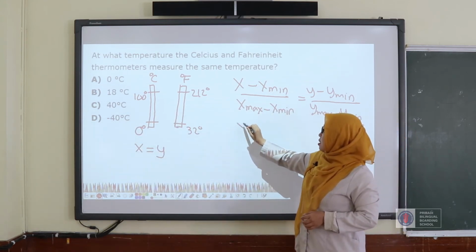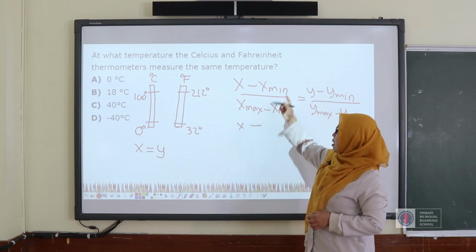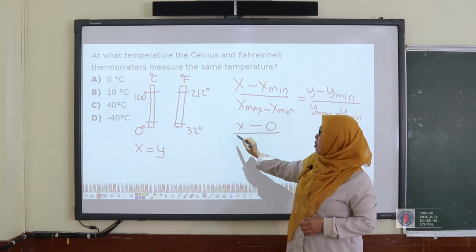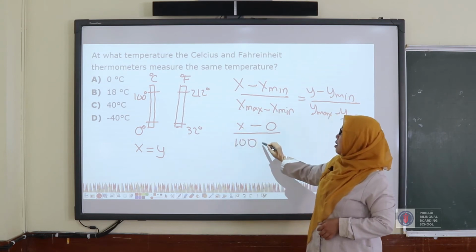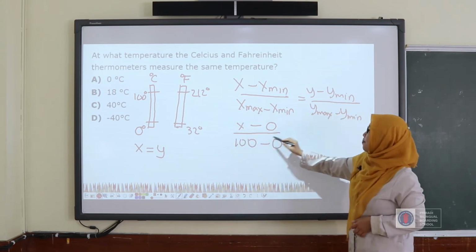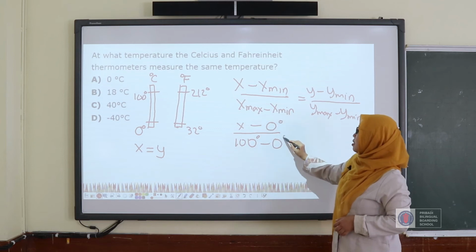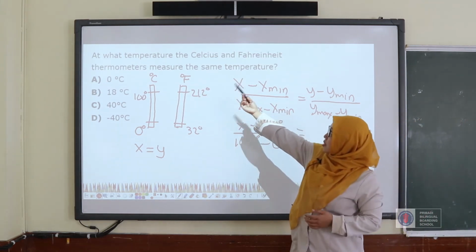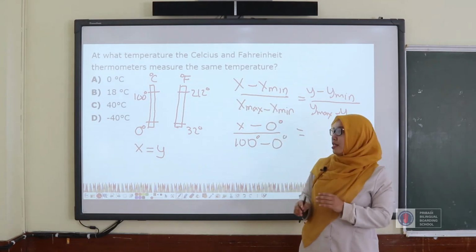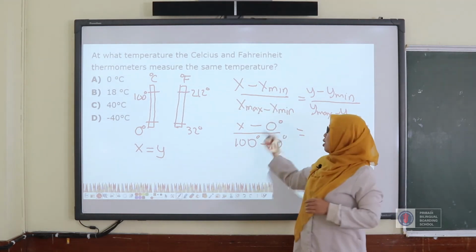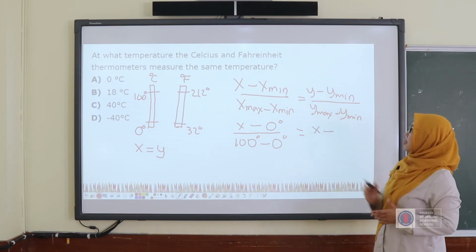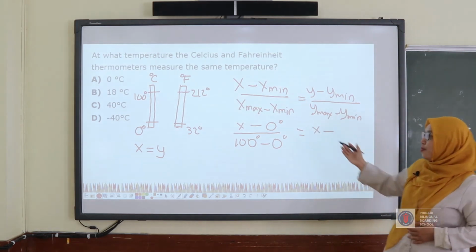We can write it as (X - X minimum, which is 0) over (X maximum, 100 - 0). Don't forget the degree. And then Y: because the Celsius and Fahrenheit scales show the same temperature, we can substitute Y with X, like this, and then Y minimum is 32